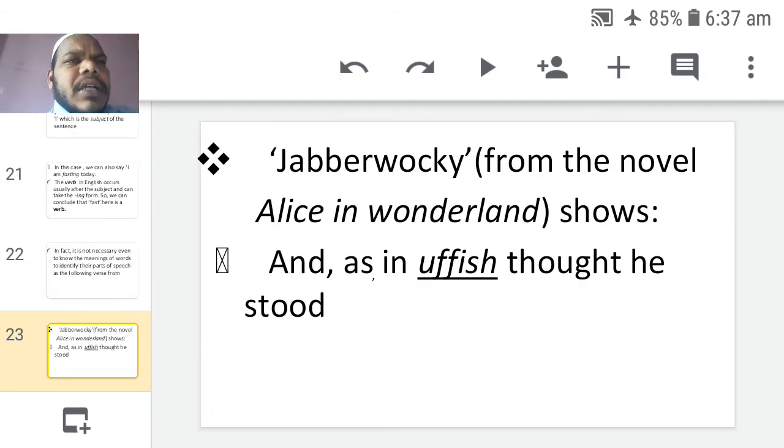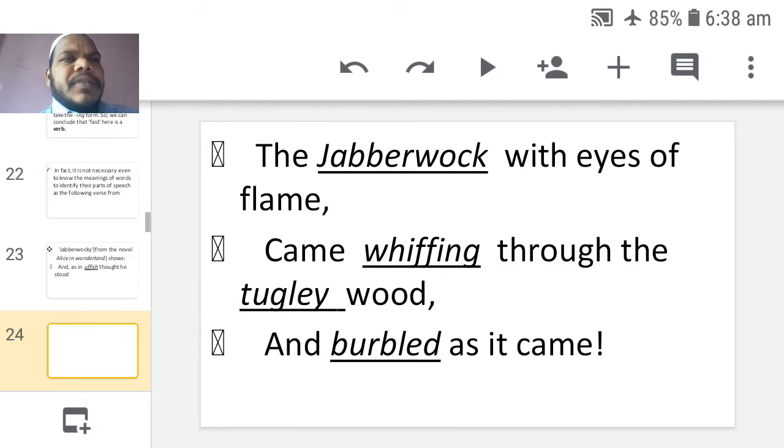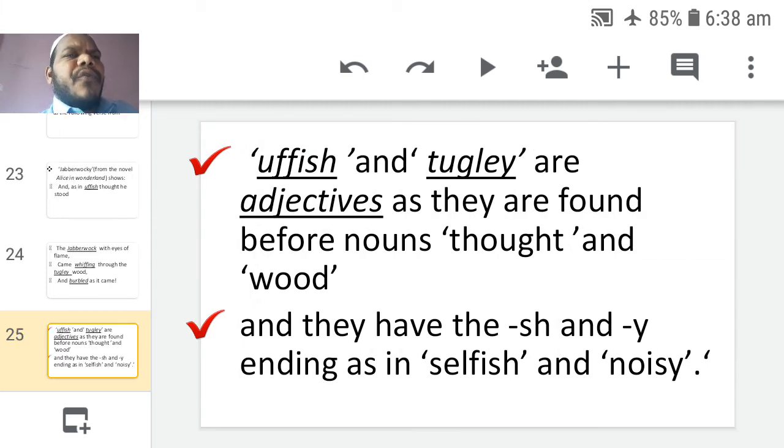Here is an example, Jabberwocky from the novel Alice in Wonderland. You can see the words, the underlined word uffish. "And as in uffish thought, he stood, the Jabberwock with eyes of flame came whiffling through the tuggly wood and burbled as it came." Here, uffish and tuggly are adjectives as they are found before the nouns thought and wood,